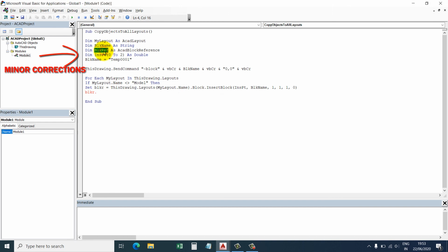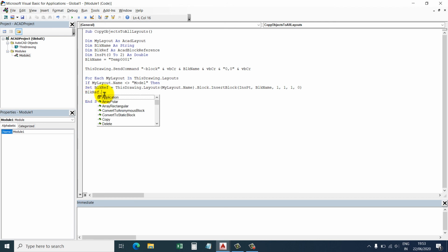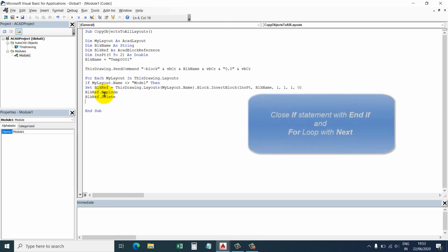So there will be two objects, one as a block and one as exploded objects. So we have to delete the block object, but the exploded objects will remain at the same location.